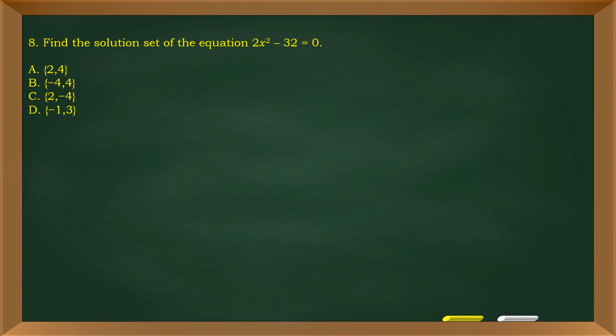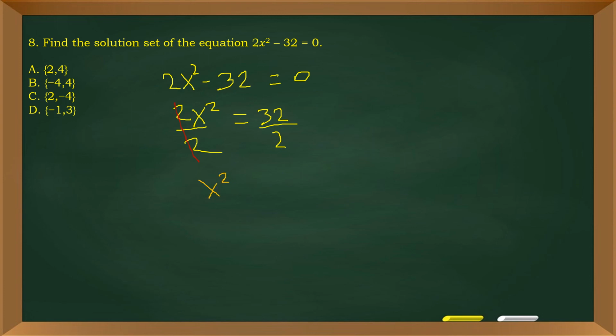Next, find the solution set of the equation 2x squared minus 32 equals 0. So, again, let's rewrite the equation. 2x squared minus 32 equals 0. And transposing our constant term, which is 32, to the other side, it becomes 2x squared equals 32. Then eliminate again the coefficient of our variable. So in this case, 2. We have to divide all sides by 2. And we have now x squared is equal to